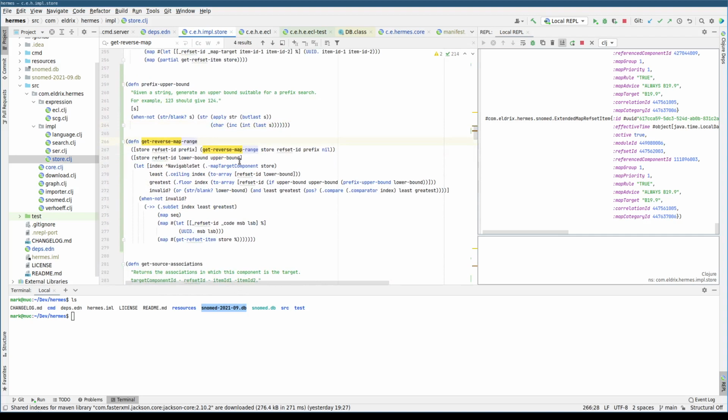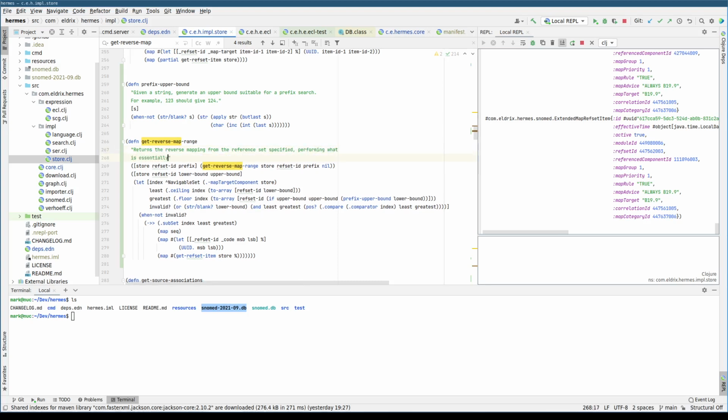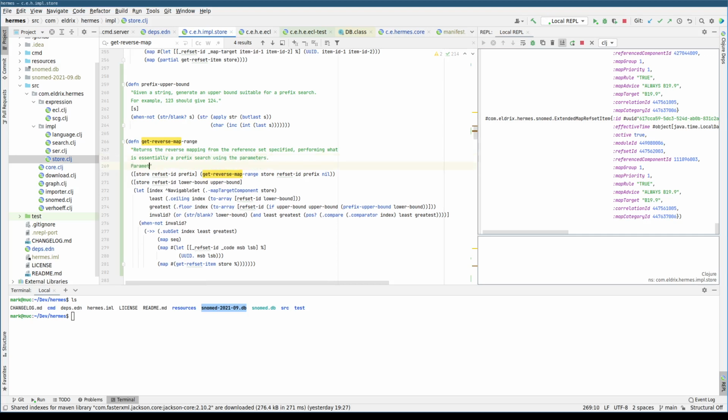So what we'll say is this returns the reverse mapping from the reference set specified, performing what is essentially a prefix search using the parameters. So the parameters are